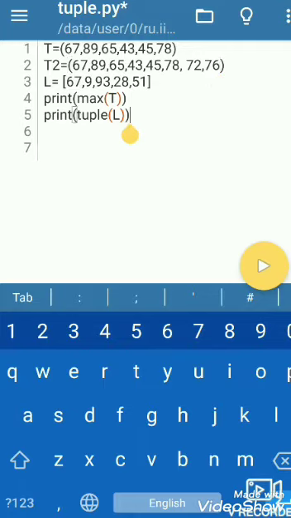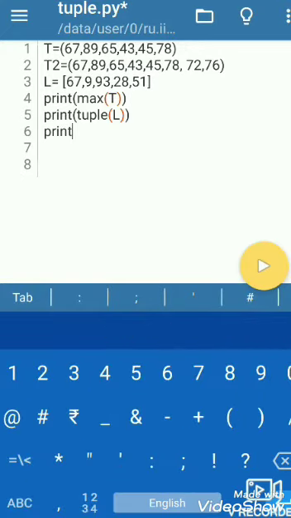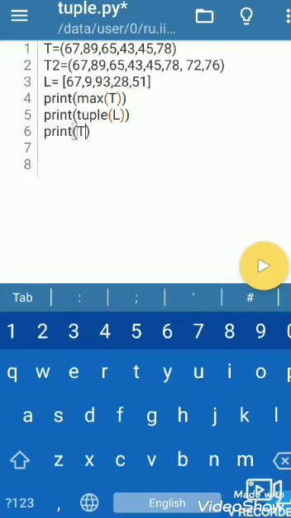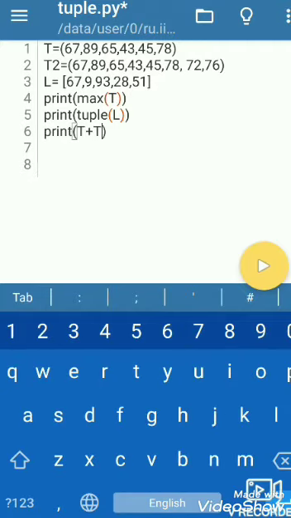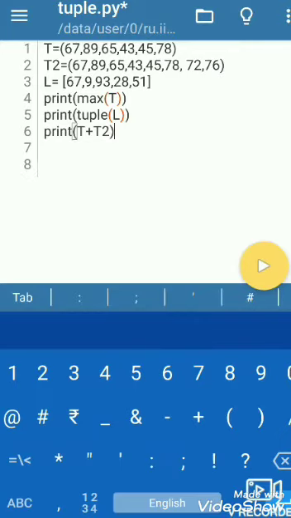And now let's see the operations on Python tuples. So try to add tuples. So let's add two tuples, t and t2. So we just give the command print, and t plus t2, and then close the brackets and see what the output is.